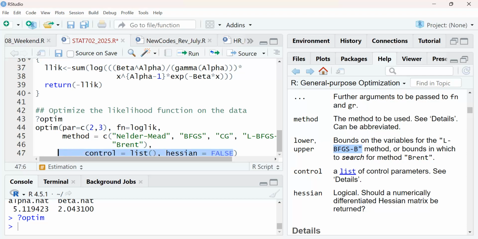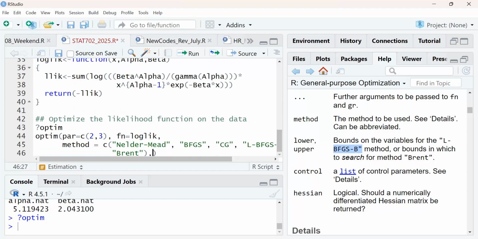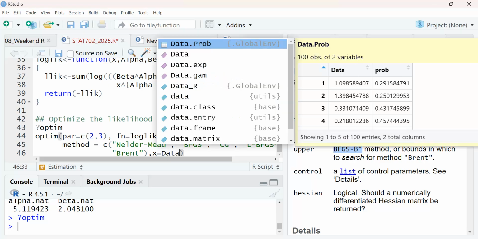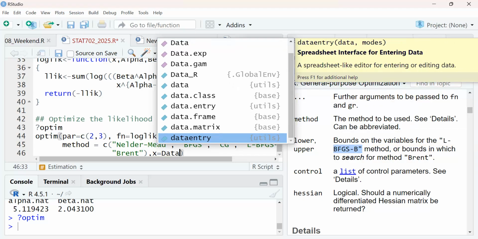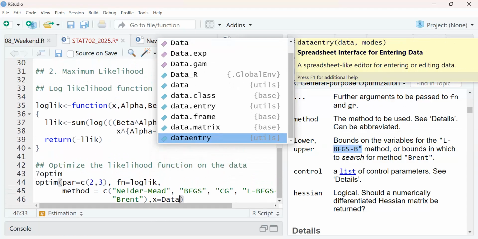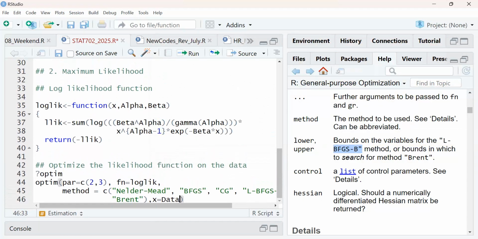And then the control, we don't need it now. But we need X. And X will be our data we generated. Okay, so that's the key thing. So remember that what we did, the function is X, alpha, and beta. We have provided alpha and beta as the